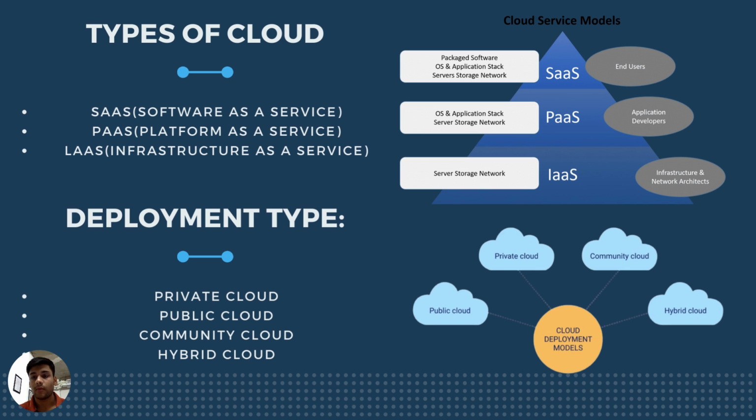Now let's talk about platform as a service. It is a cloud computing model where a third-party provider delivers hardware and software tools to users over the internet. Usually, these tools are needed for application development. A PaaS provider hosts the hardware and software on its own infrastructure. Now, the last one is infrastructure as a service. Logging as a service is an IT architectural model for centrally ingesting and collecting any type of log files coming from any given source or location, such as servers, applications, devices, etc. The other one is the deployment type. There are four types of deployment: private cloud, public cloud, community cloud, and hybrid cloud.